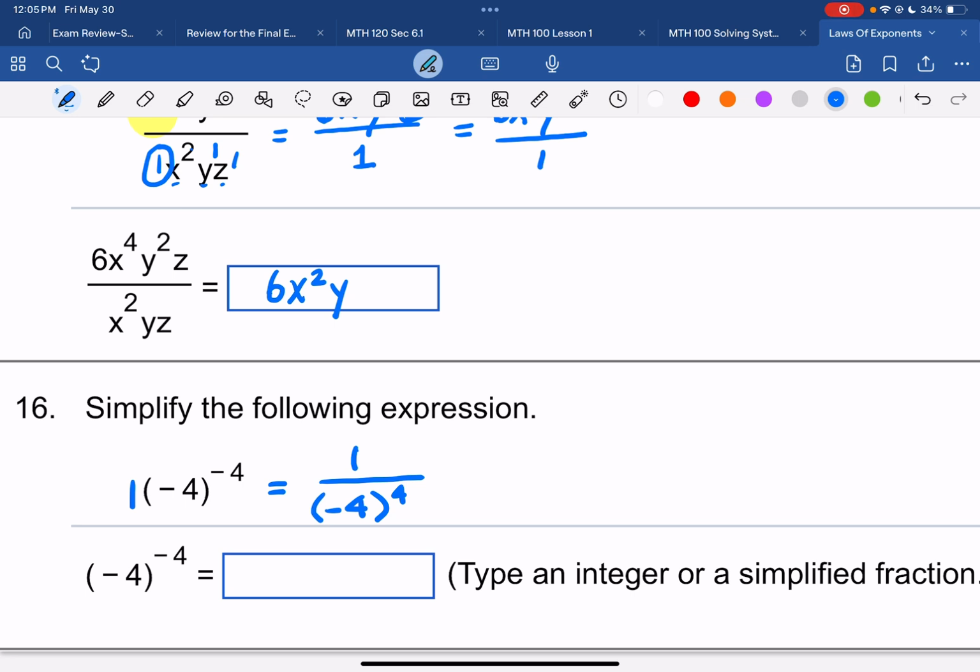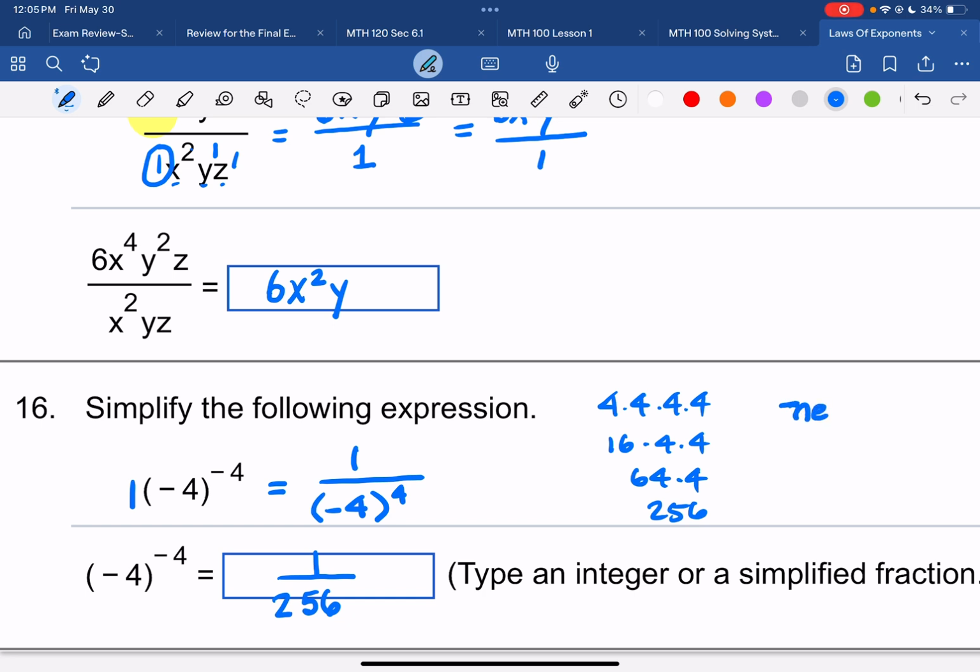And then negative 4 to the 4th, you can enter in your calculator, but 4 times 4 times 4 times 4. 4 times 4 is 16. Times 4 times 4 is going to be 64 times 4, which is 256. So this will be 1 over 256. And notice I'm not doing the negative here because remember, a negative base raised to an even